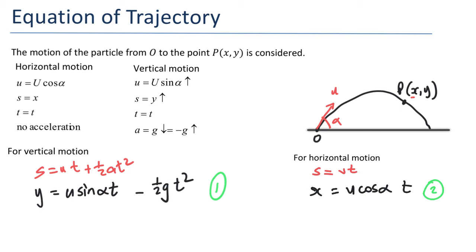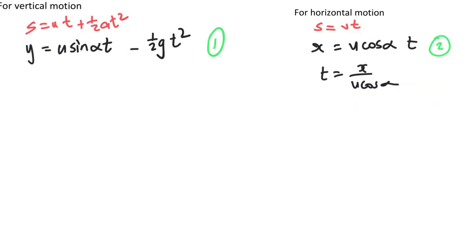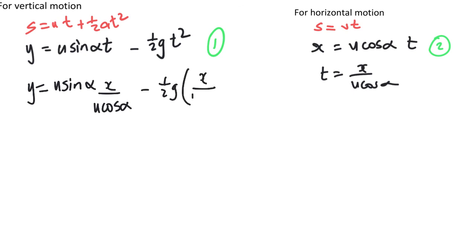So the first thing we can do is manipulate equation 2 for t, and t will equal x over u cos alpha. And we can substitute that into 1, where we'll have y equals u sine alpha t, but t is x over u cos alpha, minus a half g times x over u cos alpha